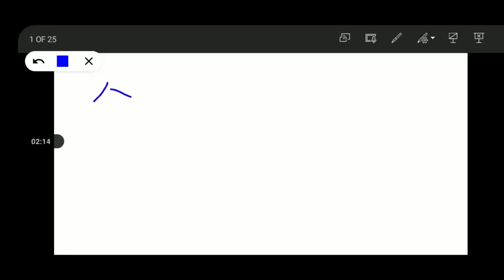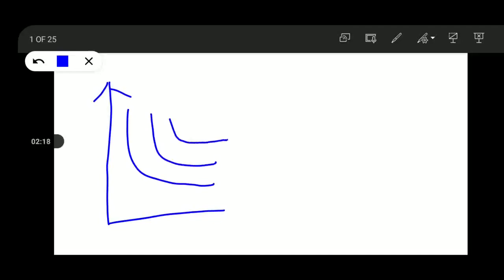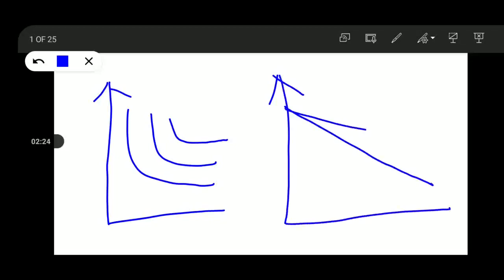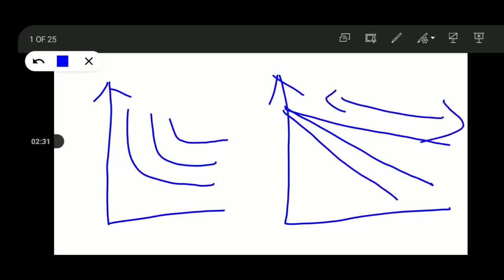The isocost curve looks like this. Isoquant curves look like this. They are downward sloping. If we employ, for example,